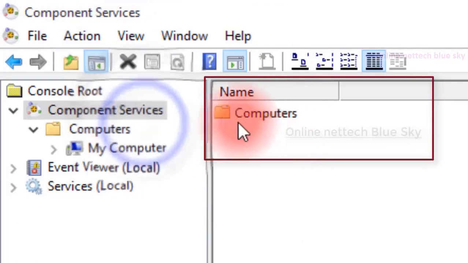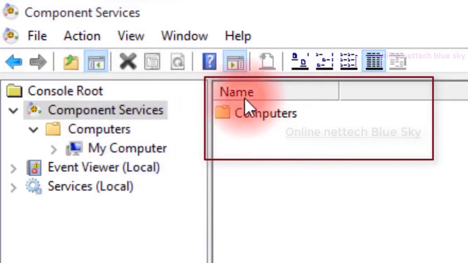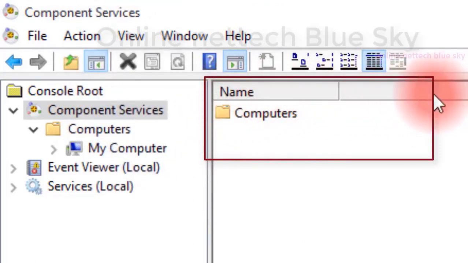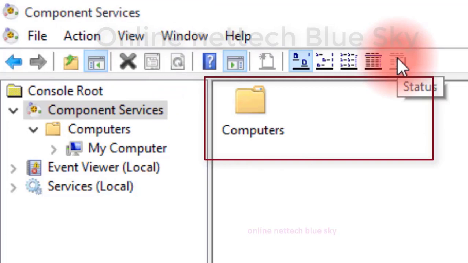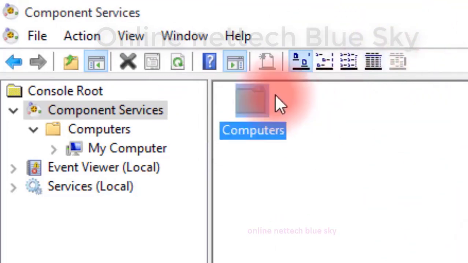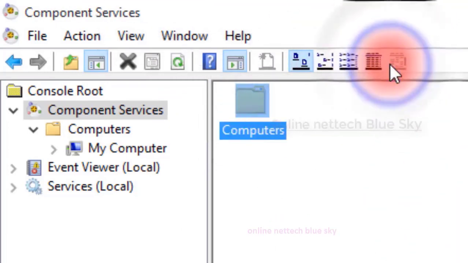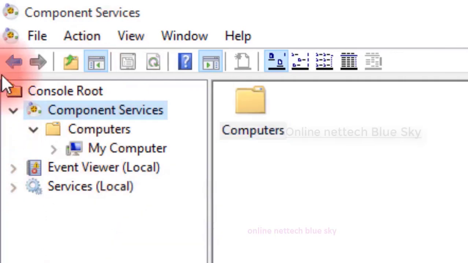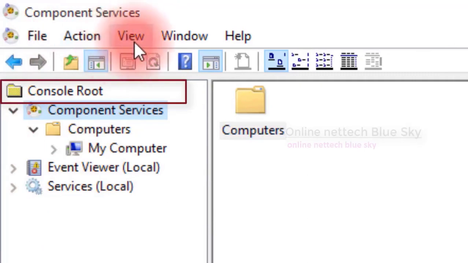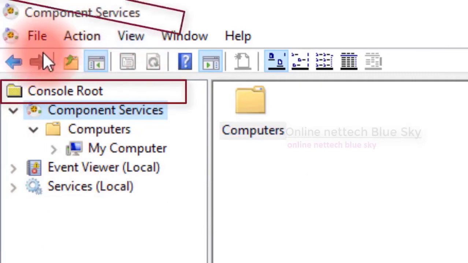You set your systems. So what is the name inside? My folder name is computers, you can see here, and what the status is. Status inside you can see here. In these windows, on the left side, every system and all menus are available.